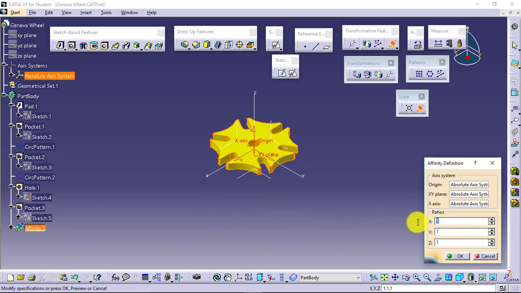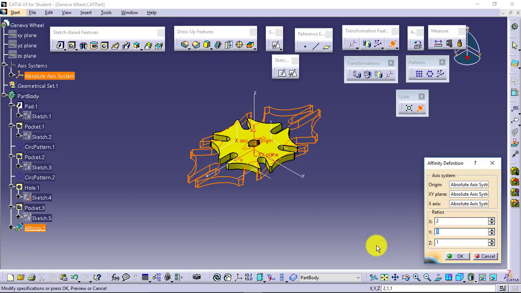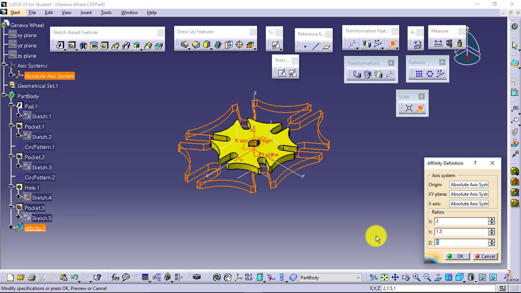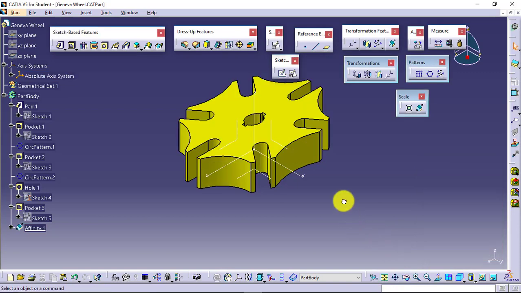Now what ratio do you want to keep in each direction? In the x direction I want to keep the ratio as 2. In the y direction I want to keep the ratio as 1.5, and in the z direction say 5. So that will be updated. I am able to define different ratios in different directions. This is what affinity is.